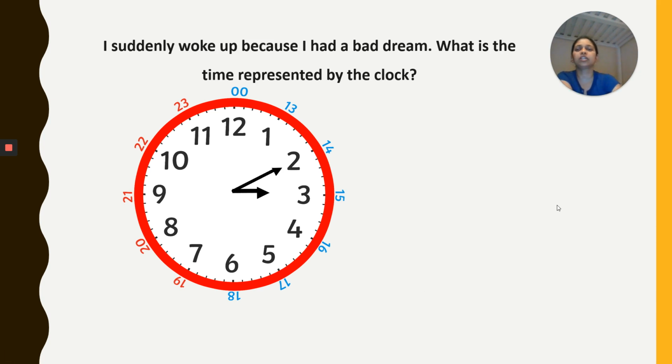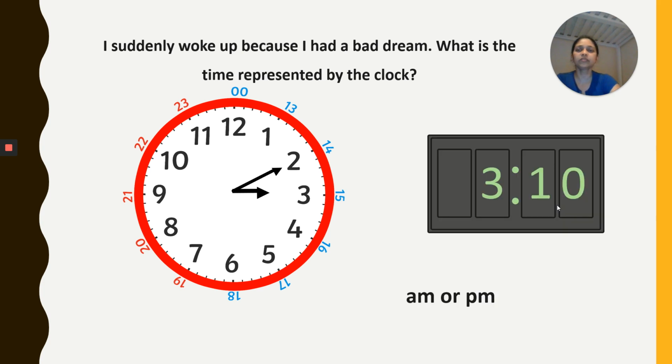Okay, and your next one is, I suddenly woke up because I had a bad dream. What is the time represented by the clock? Now, I suddenly woke up before my alarm went off. I still woke up in the morning. So I woke up at